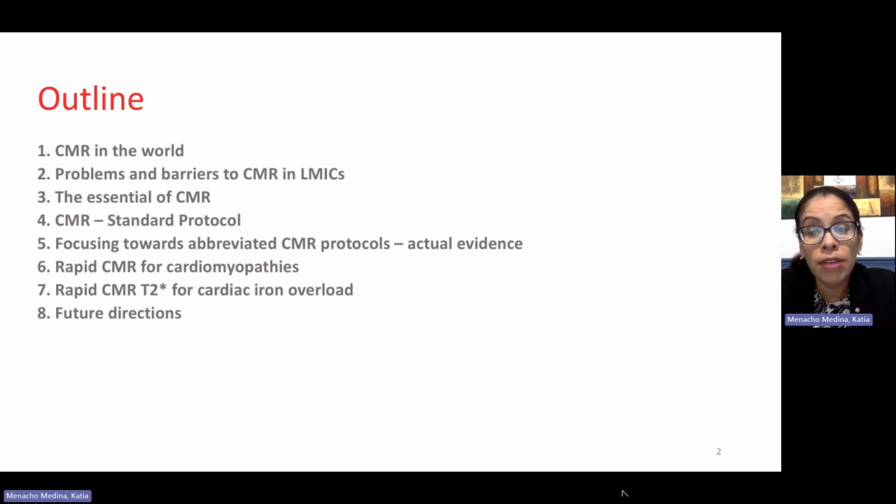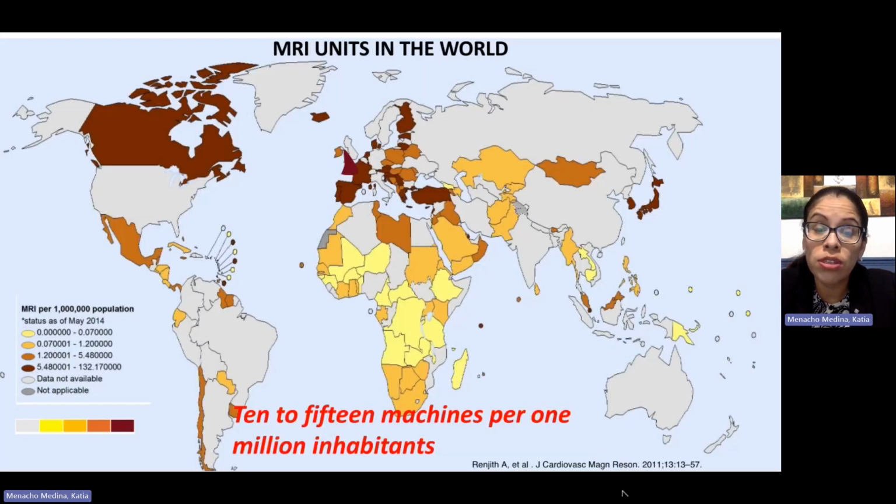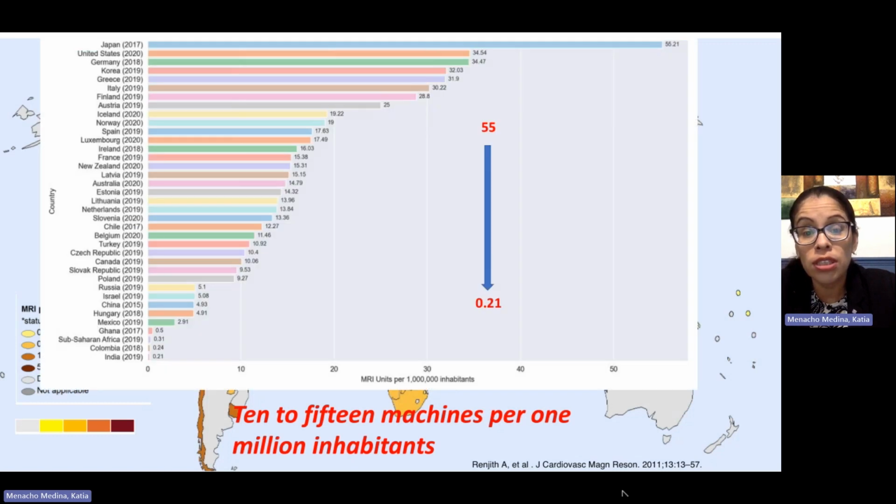This is a brief outline of my presentation today. In the introduction, you can see the distribution of MRI units around the world. The general statement is that there should be around 10 to 15 machines per 1 million inhabitants. But the problem is that the distribution is unequal between developed countries and low and middle income countries. You can see this graphic